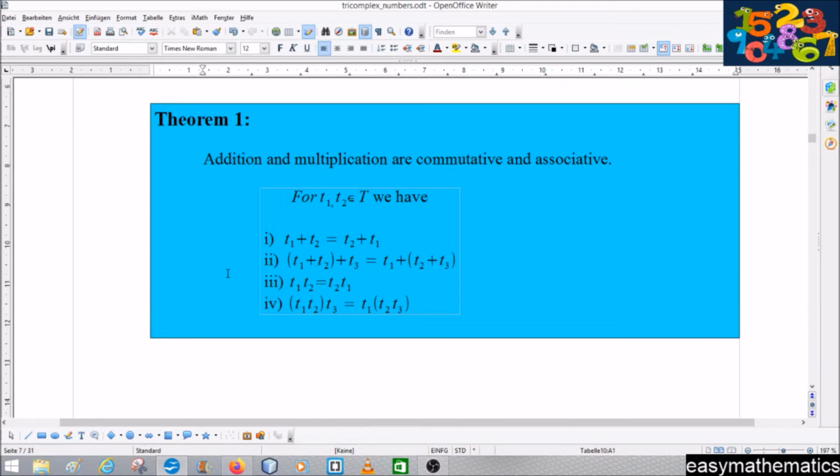So in other words, for t1 and t2 elements of the tricomplex numbers, we have t1 plus t2 equals t2 plus t1, then the associative law, and for the multiplication the same. Yeah, and we prove them, of course, and I guess that you agree with me that 1 and 2 are very obvious. 3 is obvious by the multiplication table. 4 is maybe more interesting,